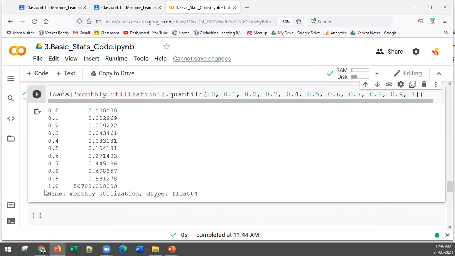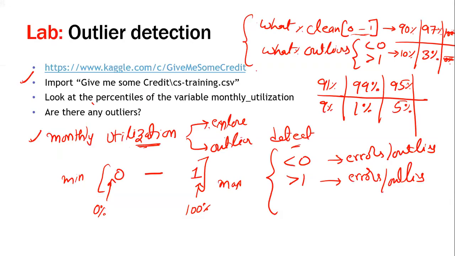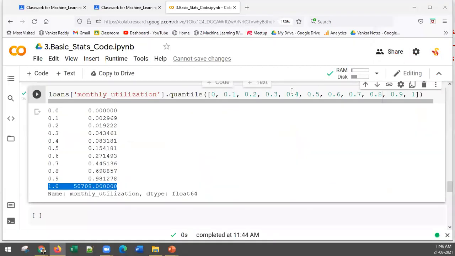Is it fair to say that everything in this 10% will be greater than 1? Without seeing, can we make that conclusion? Or we need to drill down? Those of you who told me 90-10, is this a right answer? Can I conclude that definitely everything in this 10% will be an issue, or do I need to drill down? We need to drill down. Make sense? Yes or no? Let us drill down. How do you drill down?